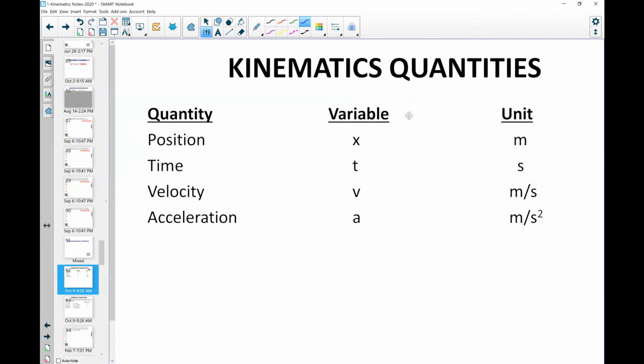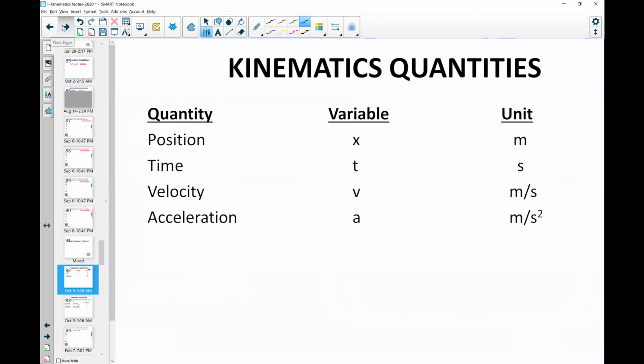The other reason to really know these variables and units clearly is when you're doing the dimensional analysis for your problem and making sure the units work out, you can see if your answer is logical. If the question asks for time, but when you check your dimensions you get the unit meters, then something's wrong. You either checked your dimensions incorrectly or you set the problem up incorrectly. So always think about what the units are for these variables and double check them. It can give you a hint as to what the number in the question is giving you. It can also help you check your answer to make sure that your process was logical and dimensionally correct.